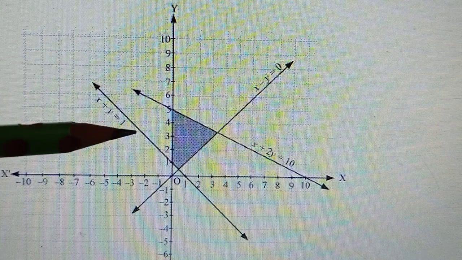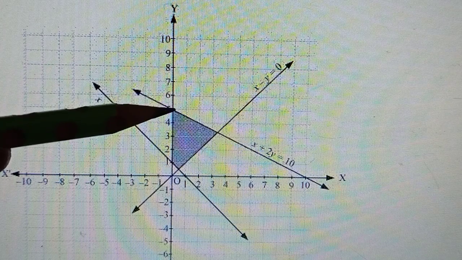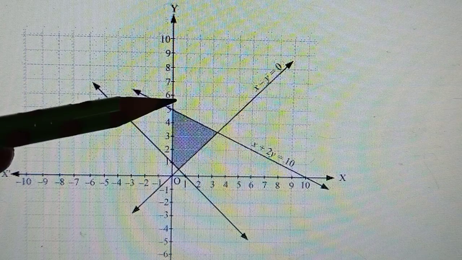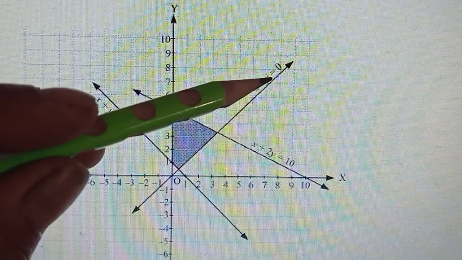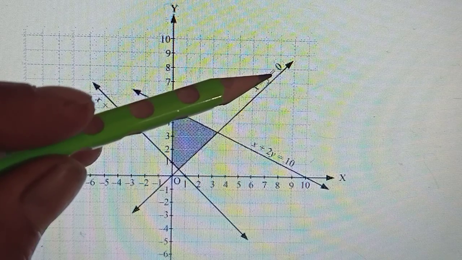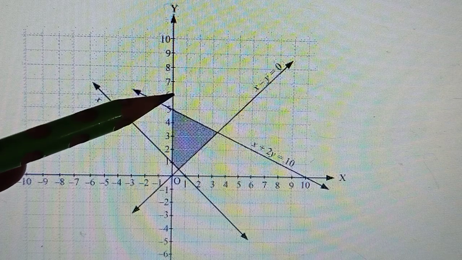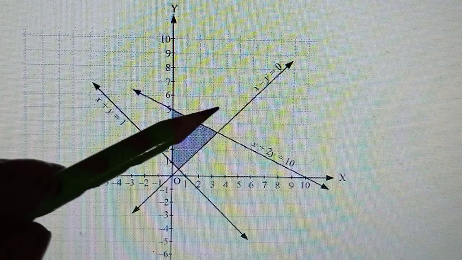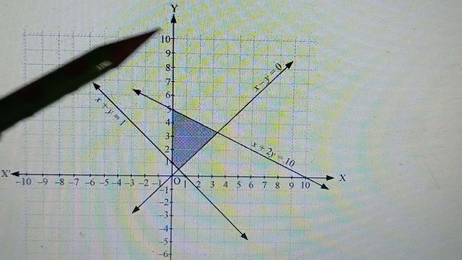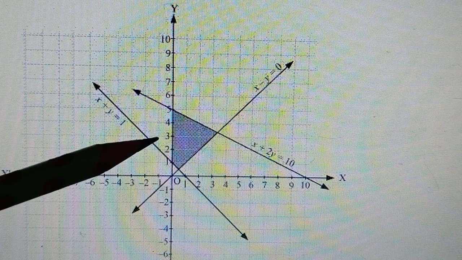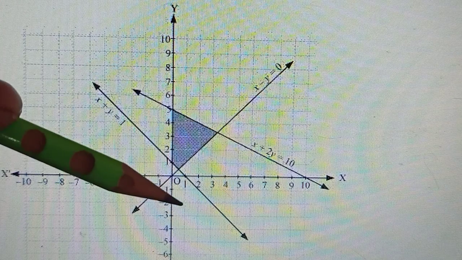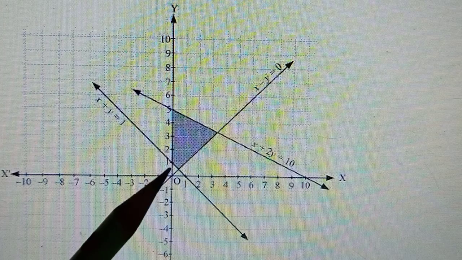And if by chance any other child had chosen a point from here, say this one (0, 6), to check it, what would the result be? 0 minus 6 is smaller than 0. Yes, minus 6 is smaller than 0. So they would say okay, this is where my solution is, this is part of my solution. So this point is falling on the portion above the line, so the shading will be on this side. The arrow will go this way. As I said, we don't show all of this, we will show only the final solution, but we'll keep in mind that it goes above this line, and below this line. There was one more line, x plus y is equal to 1.